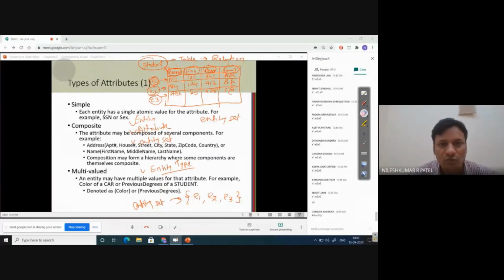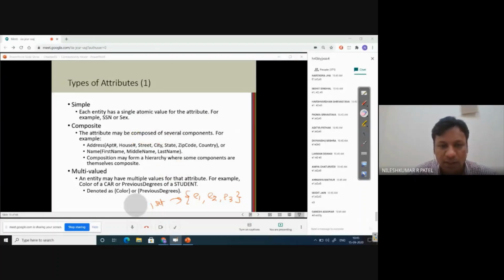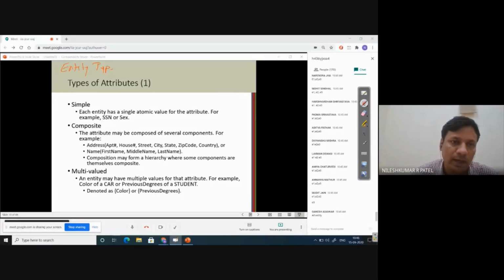Let me give you one analogy. We all know programming languages. In a programming language, we now want to discuss entity type, right? Just try to understand this analogy. In programming language, there is something called data type. Like integer we have, right? Like float we have, or a character. I am talking about either C or C++, and in many other programming languages also, these data types exist. So we call this a primary data type.